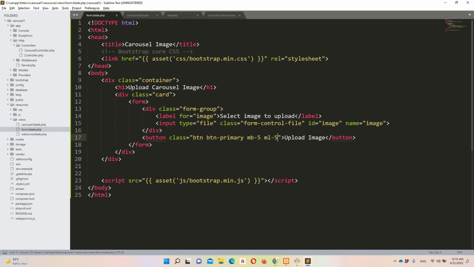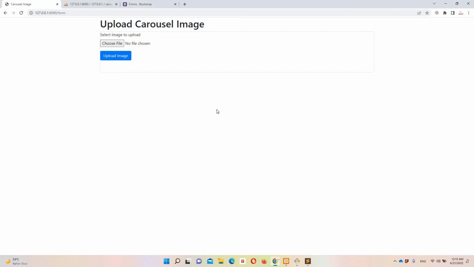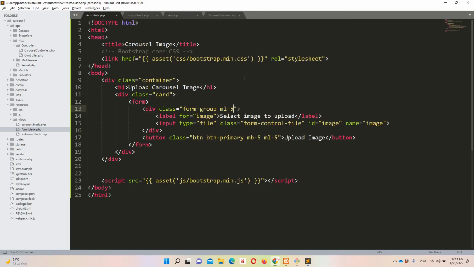Okay, you can do whatever you would like to do, but in my case I'm just going to make it basic form with basic alignment. We can play with it a lot, but I'm not going to go into that detail. Okay, so yeah, guys, let's complete the form now. So method post, action